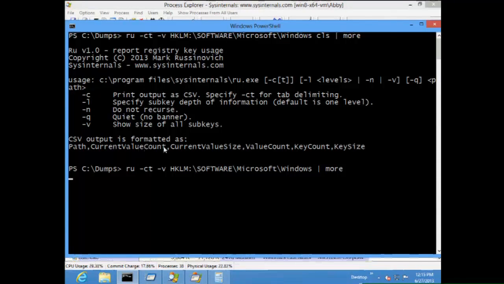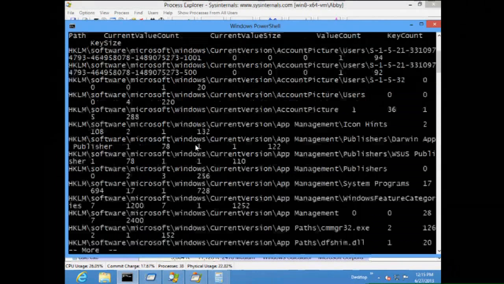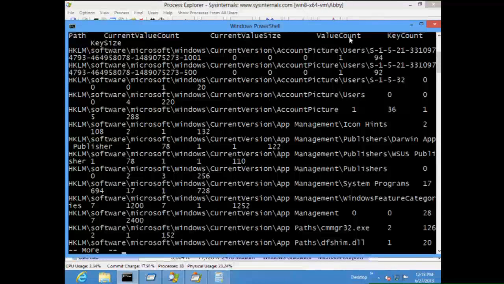The CSV shows the path in the registry, current value count, how many values are in here, how much space do they take up, including null terminators and other things like that. The value count, how many values are in this key. The key count from this location and down, how many keys in this key and all the subkeys, and the overall size. So this doesn't come up as much as DU in terms of trying to find problems,